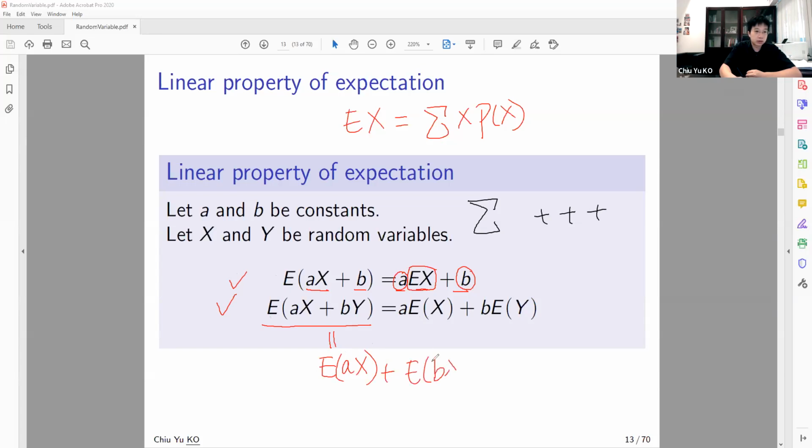So you can separate them. Okay, and this A can be taken out, so that's why you can write this, and this is B. Okay, so this is following the summation, right? Because I just try to prove this. Okay, and the rest will be simple. So this will be equal to A of x, right, times probability